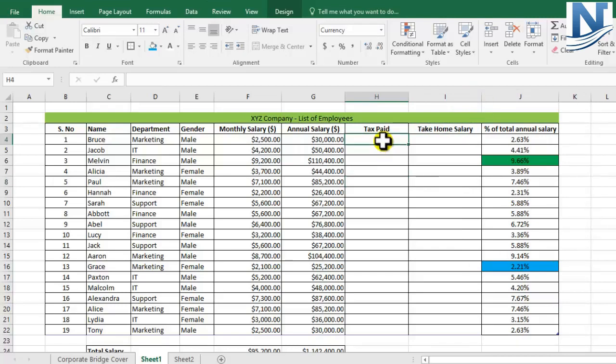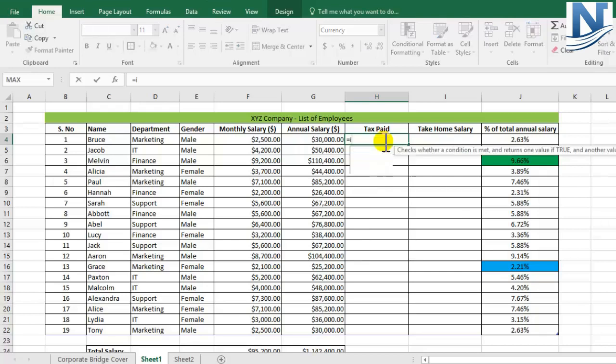Since at the beginning of the tutorial I was talking about how we are going to make use of the IF function, we will use this function when calculating the tax paid. To start with the IF function, let's first remember our condition: if the salary is above 50,000, then only for that additional amount are we going to pay tax. So I'm just going to include the equal to sign.